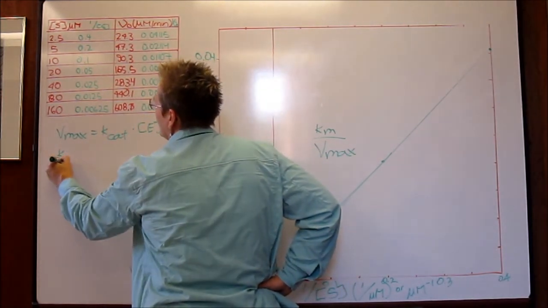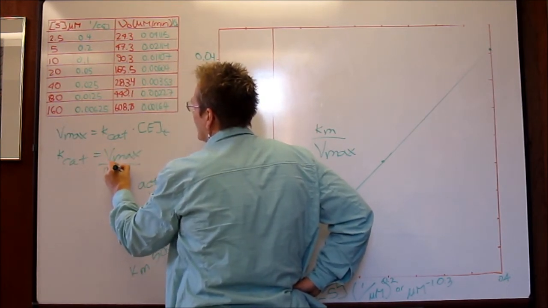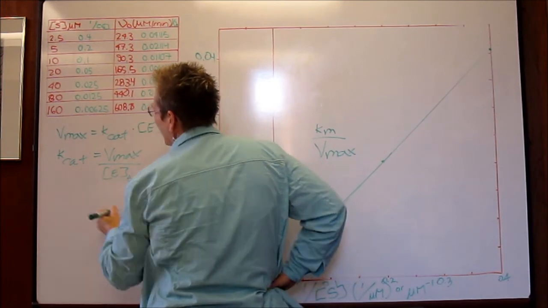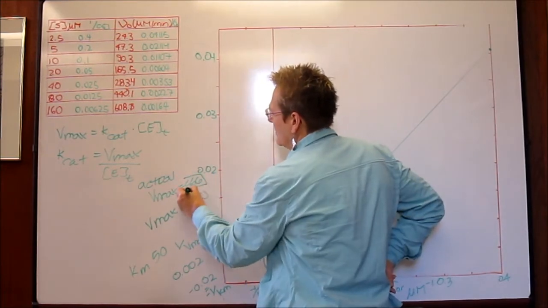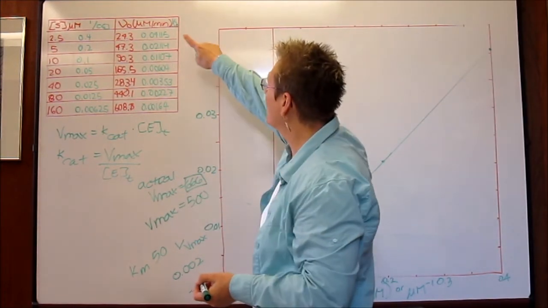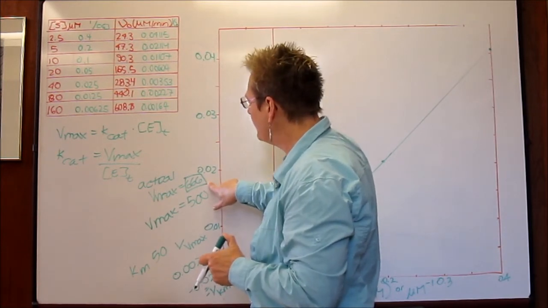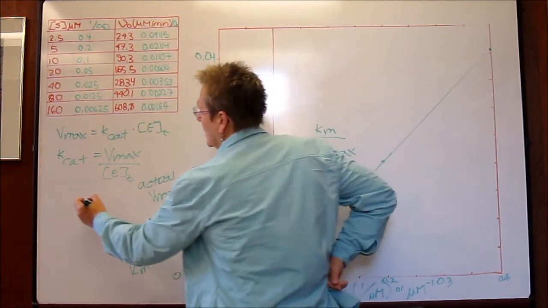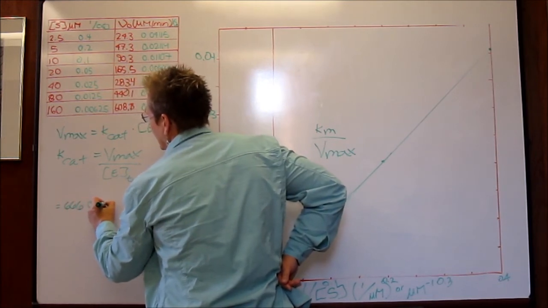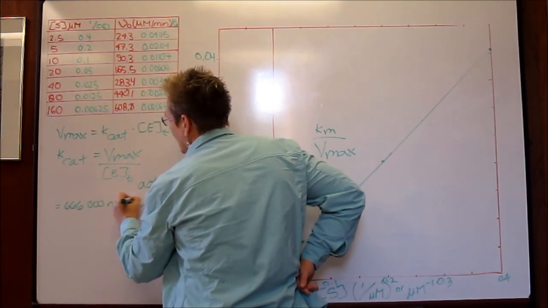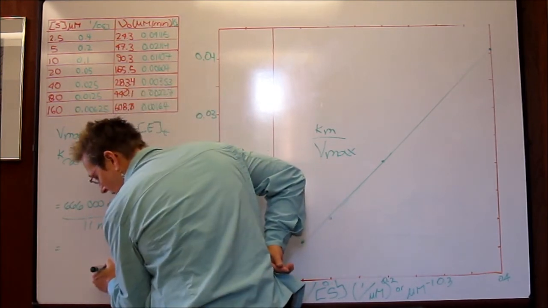So kcat is going to be equal to Vmax divided by the enzyme concentration, which is, now we've got to be in the same units of concentration here. So I'm going to take my 666, which is the actual value, and convert that, that's in micromolar per minute, convert that to nanomolar per minute by multiplying by 1,000. So I'm going to say that kcat is equal to 666,000 nanomolar per minute divided by 11 nanomolar ET, which gives me a value of